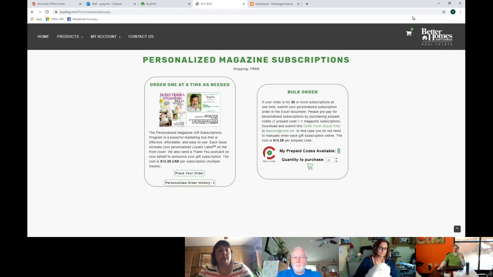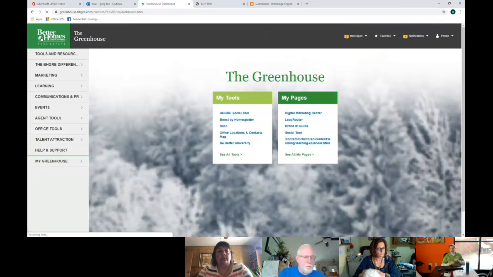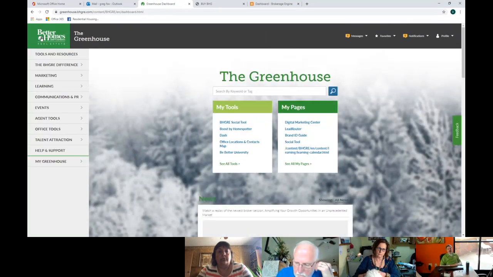So we tried to decide how to make it easier, because if you order it through the greenhouse like this, you have to first log in and find which buttons to push and what to do and so on, and then you have to give them your credit card and let them process it. So we set up with the company and made a deal that said, once our agents have closed something, we want them to push a button or two, order a magazine, you bill me once a month, and then I'll bill my agents. So you guys don't have to pull out your credit card. You can just click a couple of buttons.